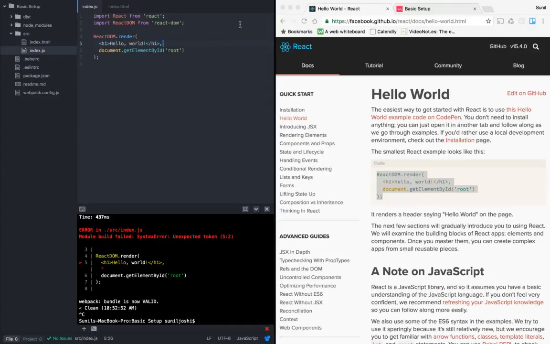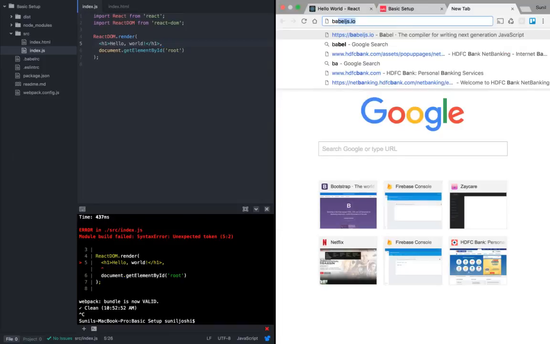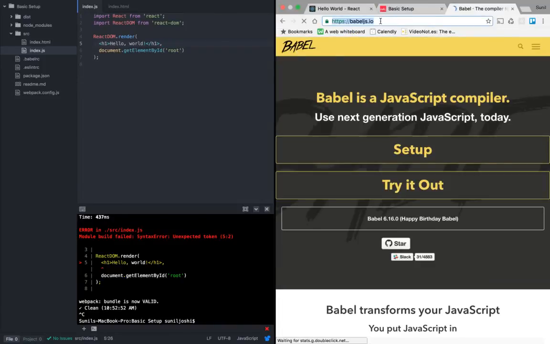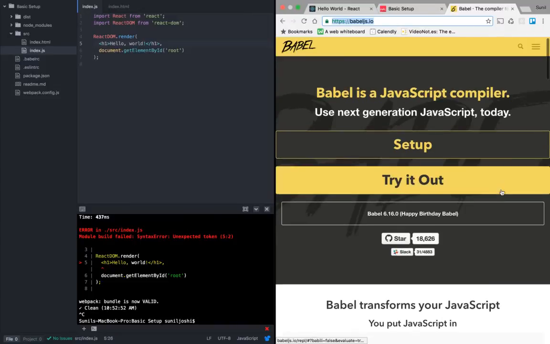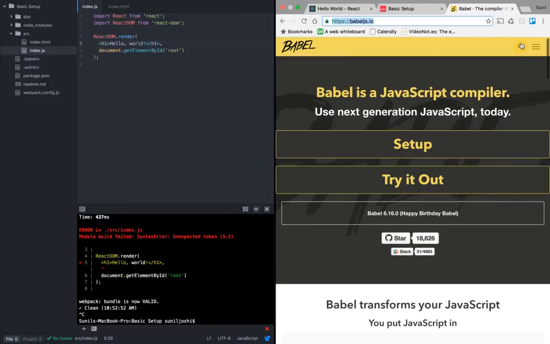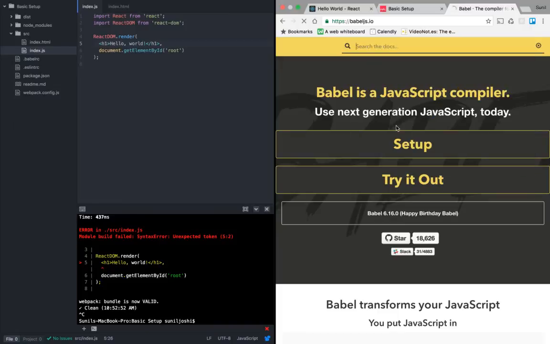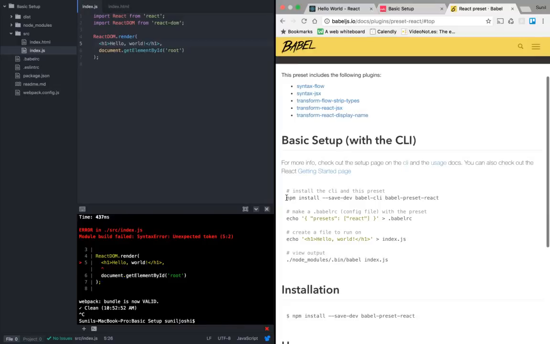So in that case, yes, you guessed it right, we are going to install a preset, as we installed the latest preset for our ES6 code. Likewise, we are going to install a preset for React. So let's quickly go ahead and install that preset.